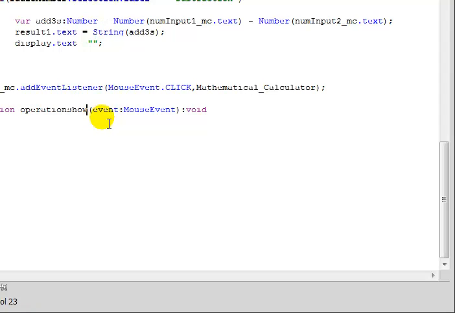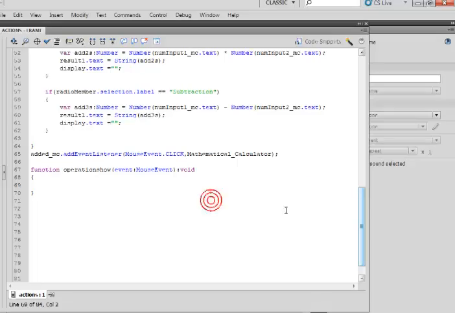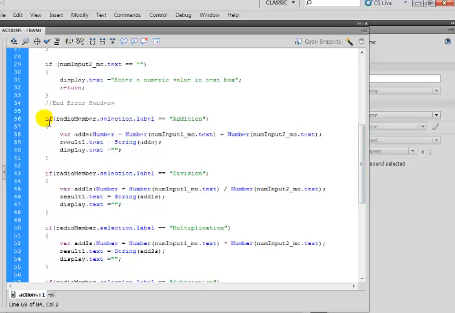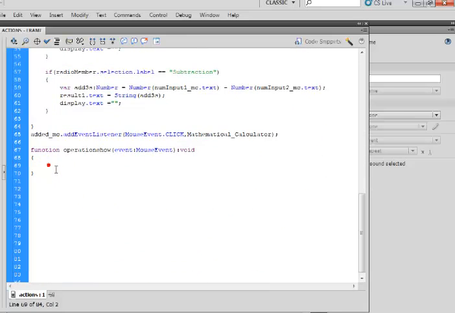So the event will also be mouse event. So let me enter my bracket there, curly bracket, and the next thing would be if. Let's just copy this. So I'm just going to copy this right here. If radio member dot selection label, let's bring that down here. Paste. Okay, if that is selected, show